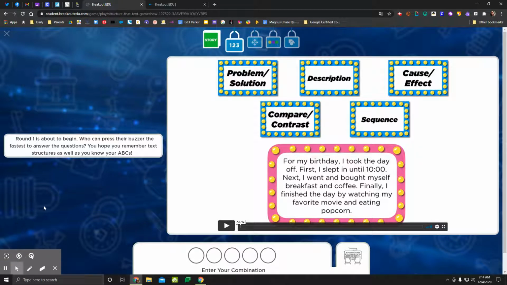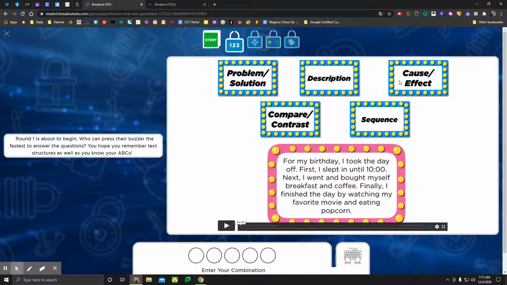Now, I would highly recommend that you use some sort of note-taking process for this task. I would use like a little sticky or a notebook, or I would even open up a new doc if I needed to. But I'm going to want to track how many of each type of text structure there is. So, for example, and I'm going to take out my paper here and grab my pen, I'm just going to write